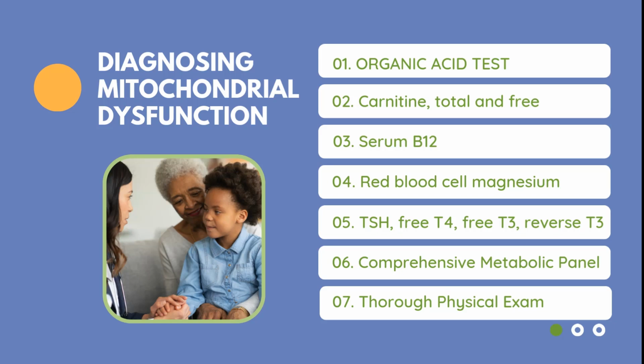We want to look at TSH, free T4, free T3, and reverse T3, because children with malabsorption, nutrient deficiencies, and chronic health issues can have an elevated reverse T3 that will not be seen if you just do TSH and free T4. We'll look at a comprehensive metabolic panel for liver enzymes, electrolytes, etc. And then, of course, as thorough of a physical exam as you can do to assess the muscle tone, gut